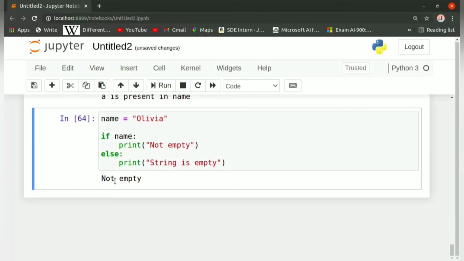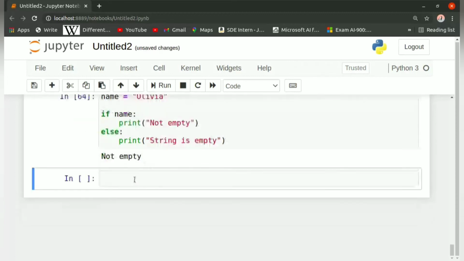Now, where is this empty or non-empty functionality used? So basically, when some user does not give an input value, like we are asking for some input from the user, but the user didn't type anything and gave us an empty string, we will give a warning to encourage the user to type some input.